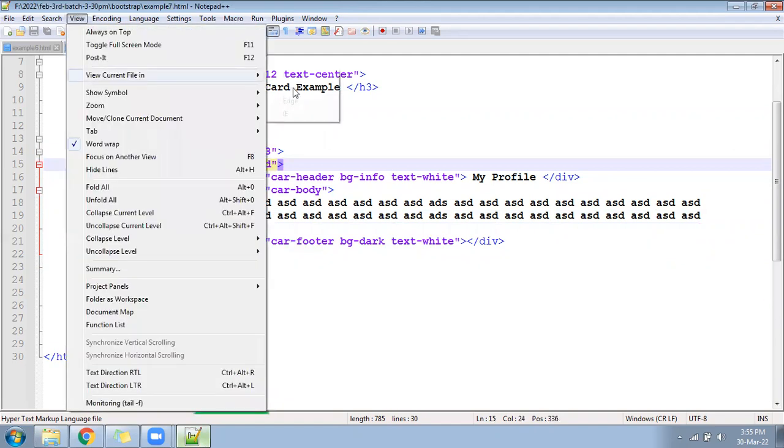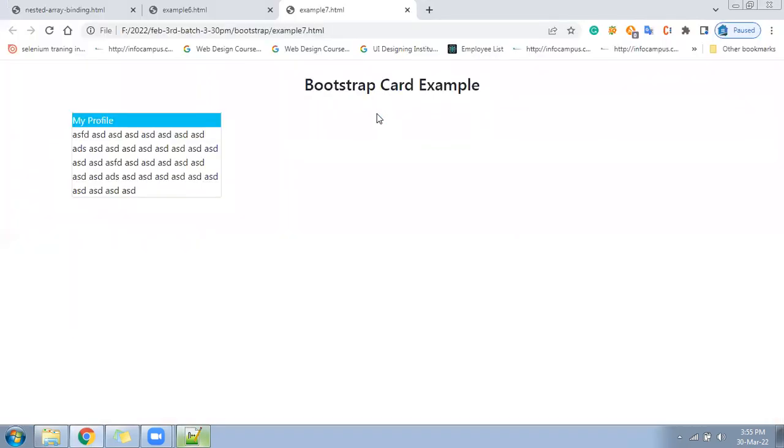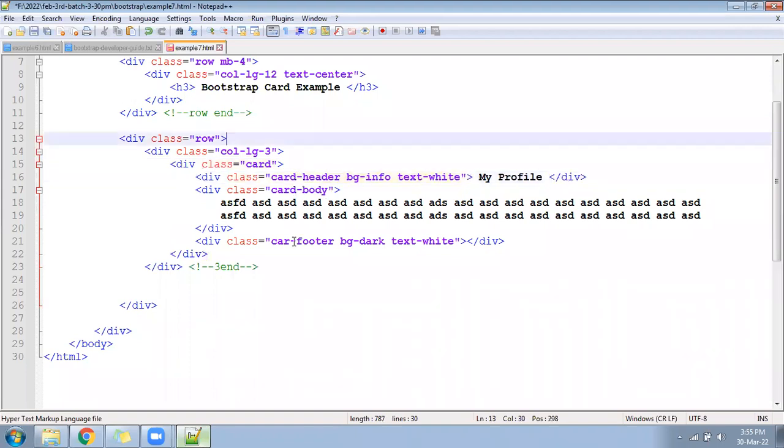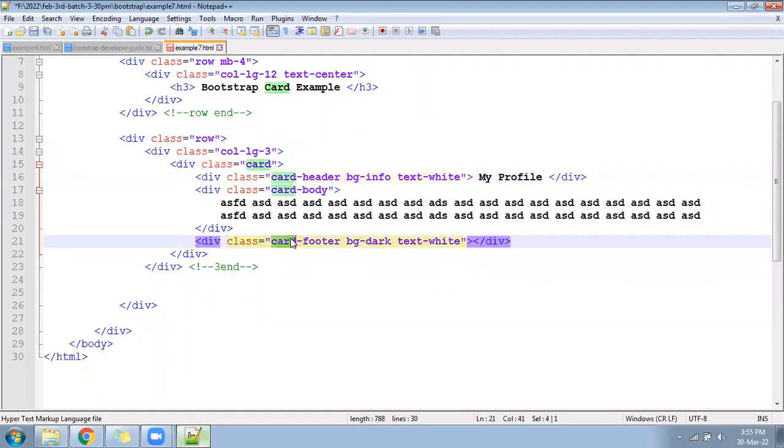Okay, please check once. It looks like this. I have made a mistake somewhere. The d is missing in card here, and here also.